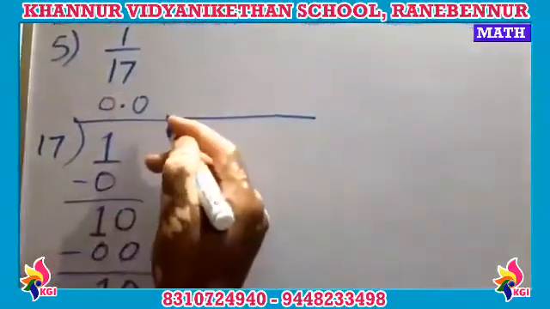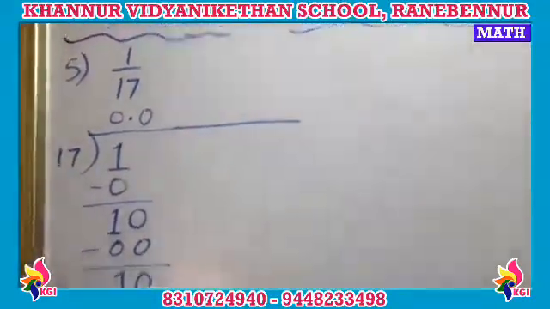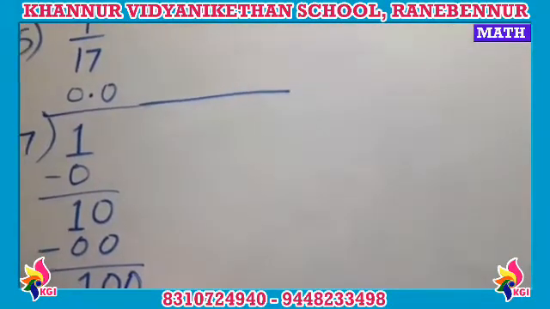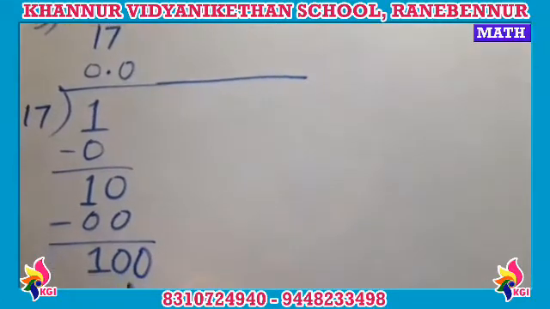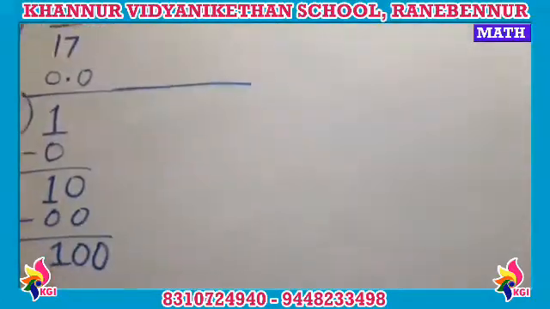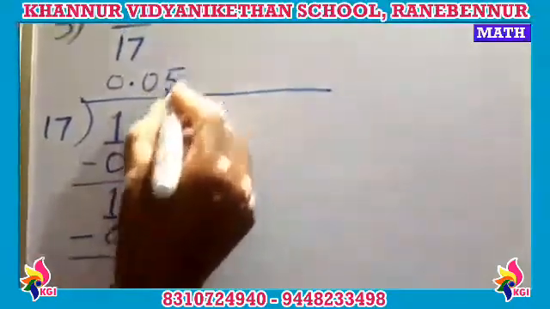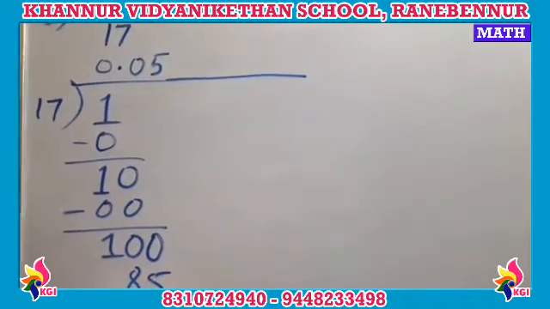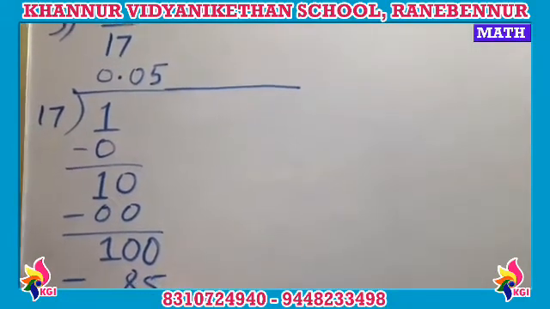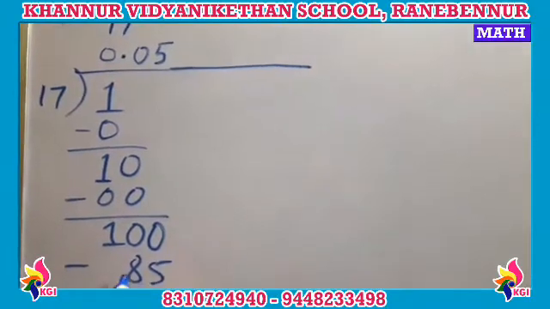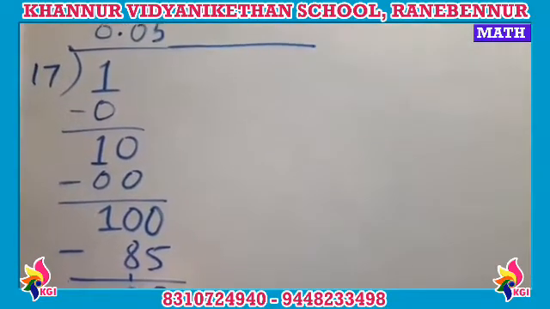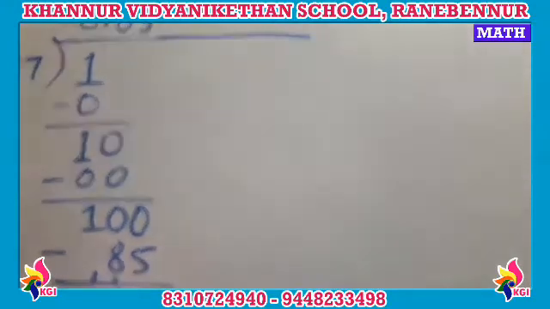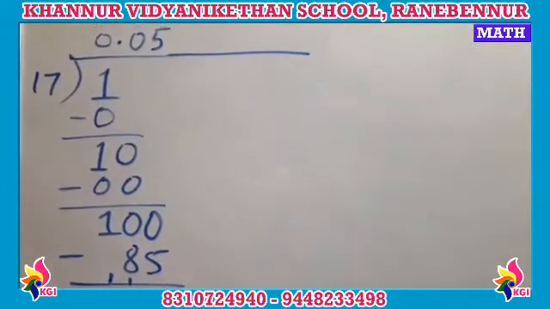So now I have to go for one more. If I go for zeros, here it will be a 0. Then next, 17, how much do we have to go for? 17 5s are how much? 85. So when we subtract this, how much are you going to get? Here is a 5. Then next, take a carry. So then here I remained with a 1. Because 10 minus 9 is 1, this is the 0. So I remained with a 15.